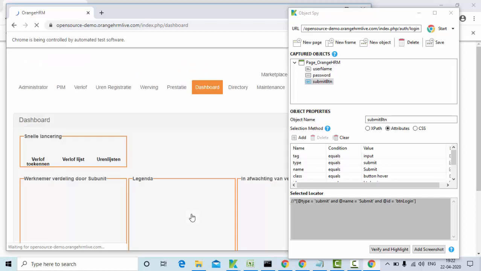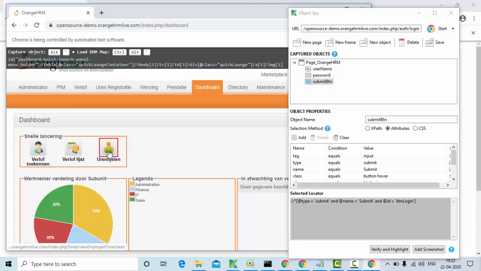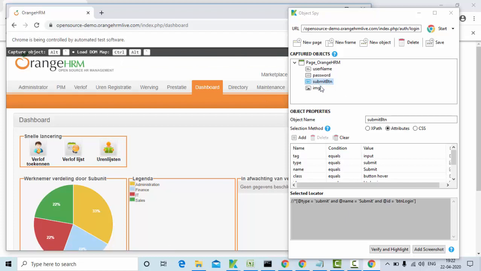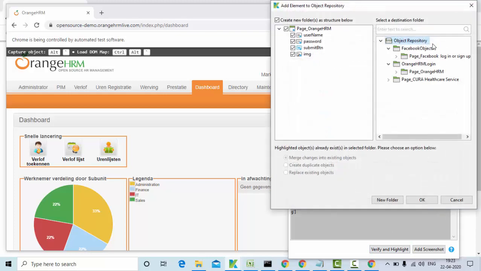Once it is loaded, now I'll identify whether this element is available or not. Using this, I'll identify. Simply use alt tilde. Now you can see this image got loaded properly. So that's it, guys. You need to click on save. All these elements which we identified, we can pass to the object repository.